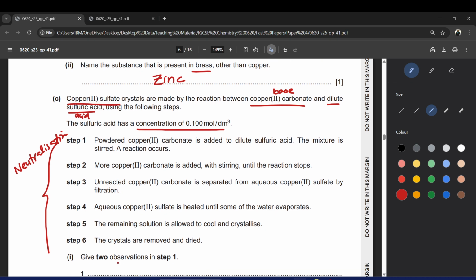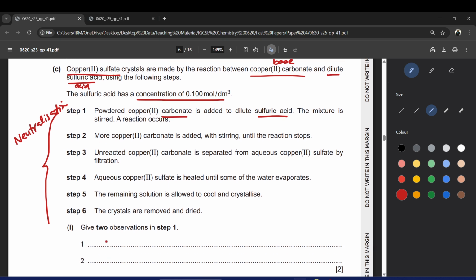Now, it says give two observations in step 1. So let's read step one more time. Powdered copper 2 carbonate is added to dilute sulfuric acid. The mixture is stirred. A reaction occurs. Because this is a carbonate, when you add a metal carbonate to acid, the very first thing that you see is fizzing, because carbon dioxide is released, and that is what causes fizzing. So we can say fizzing, or you can say effervescence, or you can also say bubbles